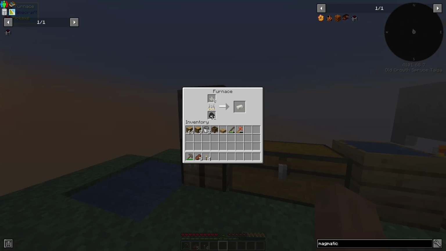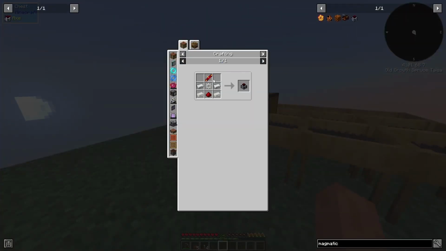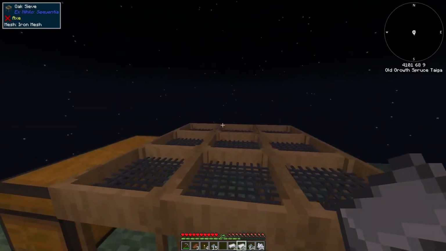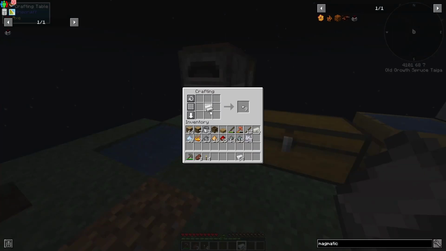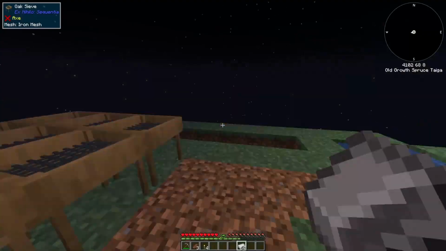I will now get the redstone that is required, and I will smelt down the gold that is also required to make this. All right, so now I have finished gathering the redstone. Yeah, let's make the Magmatic Dynamo. So first we need to make the gear. Then it's, oh, whoops, I forgot a step. I need to get